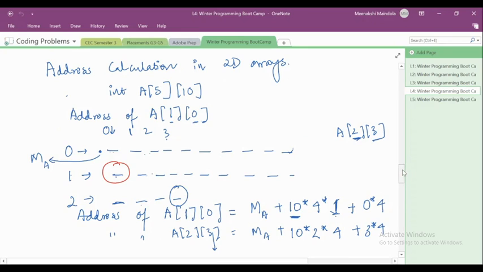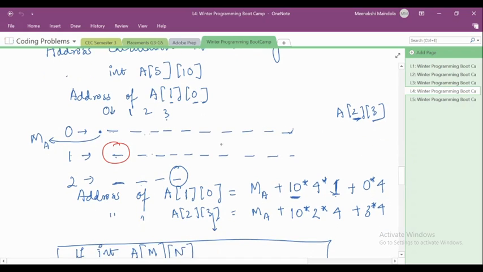For the address calculation of two-dimensional arrays, we said that, suppose you have this particular matrix which has a total number of 5 rows and a total number of 10 columns, and now you want to find out the address of this element A10. For that, you will have to see how many elements you want to skip and to which row you want to jump to. So we simply say that the address of A of 10 will be equivalent to